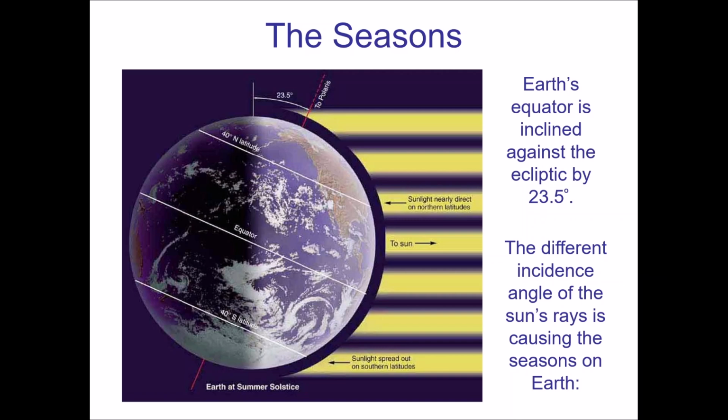A few other things going on here. You see these latitude lines drawn, right? And if you look at the 40-degree north latitude line, you'll notice that more of that line is in daylight and less of it's in darkness. So, as the Earth rotates and somebody's at this latitude, that's where they're going to be as the Earth rotates on its axis. And you can see that we're spending more time in daylight, less time in darkness. Okay, if you look to the south here, the 40-degree south latitude line, we see the opposite. There's more of the line in darkness and less is in daylight, right?